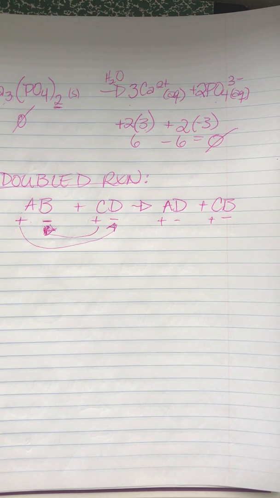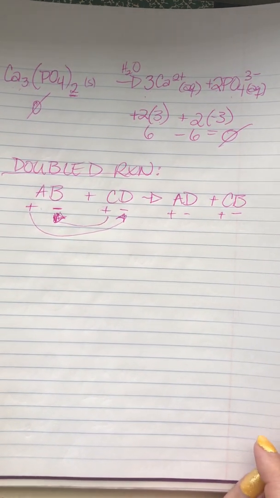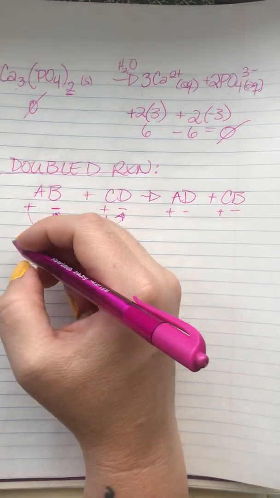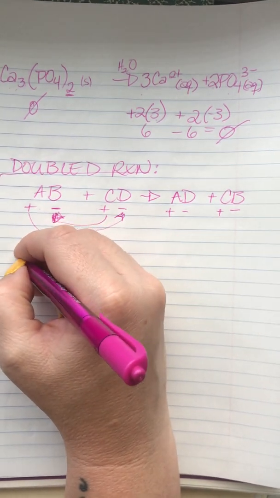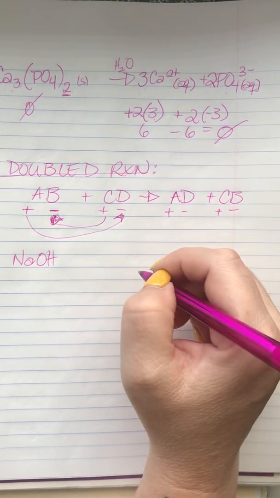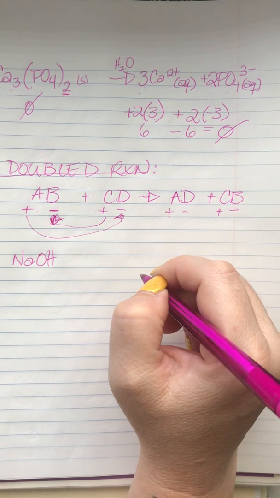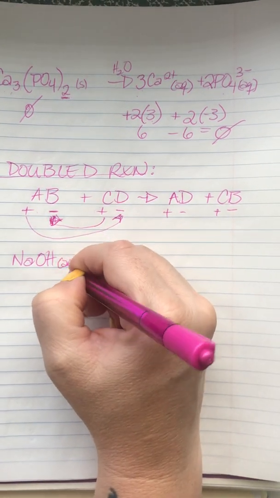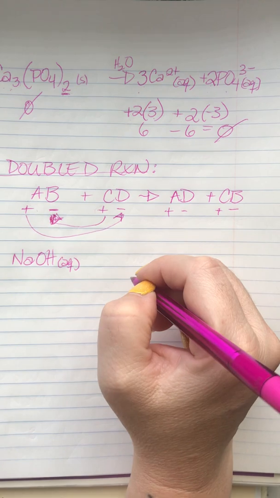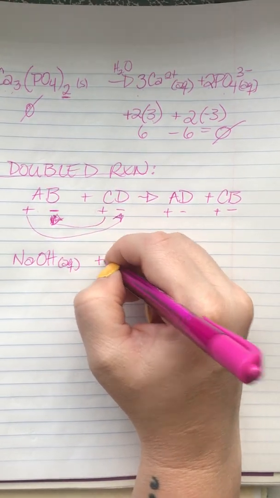Does that make sense, guys? You guys remember this, kind of, sort of? Cool. So let's talk about what this looks like when we have actual ionic compounds. So let's say we have, anybody remember what that guy's called? Hydroxide? Sodium hydroxide. Yeah, totally. Awesome, you guys. So I got sodium hydroxide, and let's do